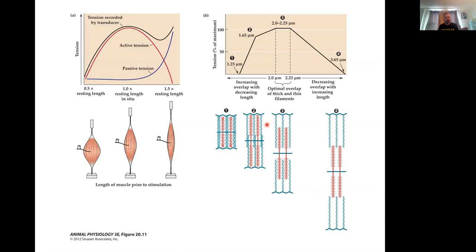And as you stretch the muscle, you pull the Z discs apart and you move a lot of these myosin heads out of contact with the thin filaments. And you're only left with part of them. So these guys are trying, but they can't do anything. There's nothing for them to pull on. So they're weaker. So like if you're on a big boat and you tell half the oarsmen or oarswomen